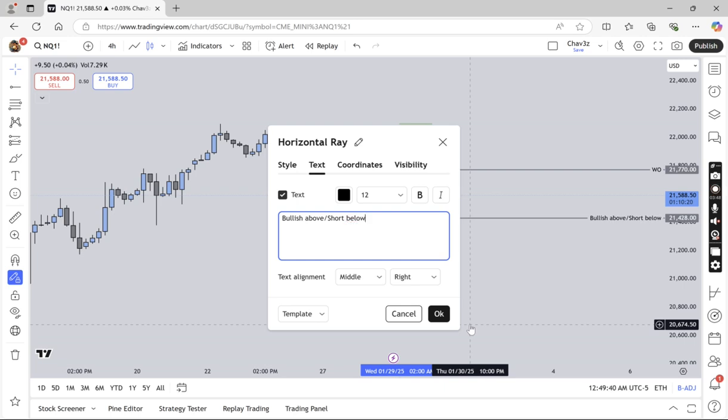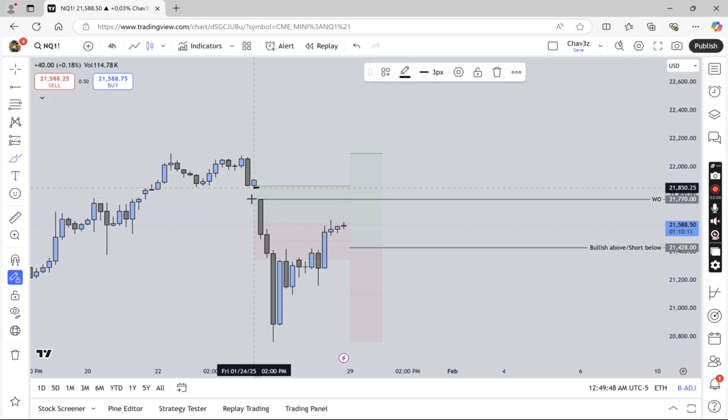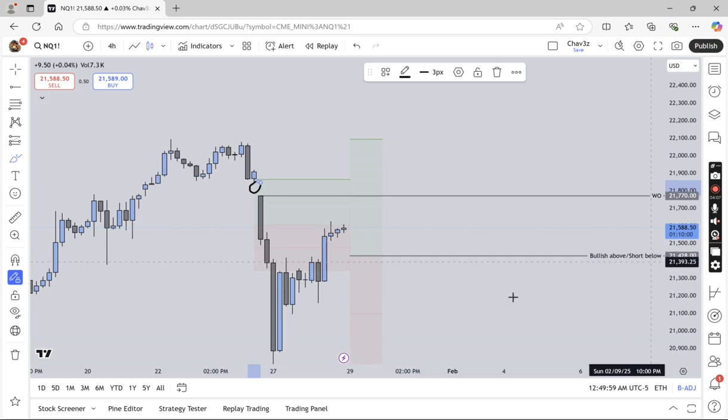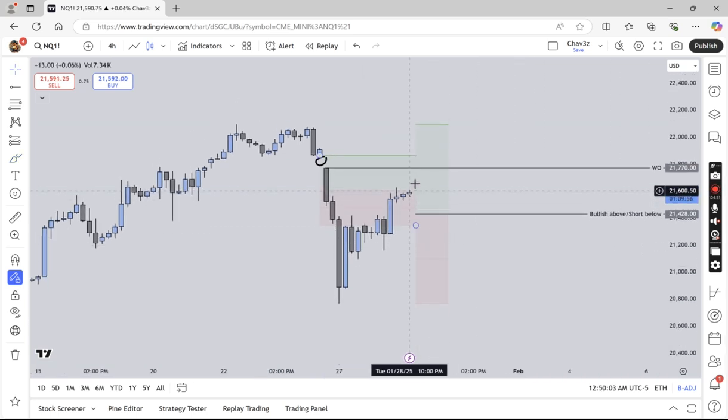Sorry, I don't know how to spell. Short below. I want to see more bullish price. I want to see us attack weekly open and come for this gap tomorrow. I would like to see that overnight. I would like to see that before even FOMC, before crude oil inventories, before all that. I would love to see us come up and attack weekly open.